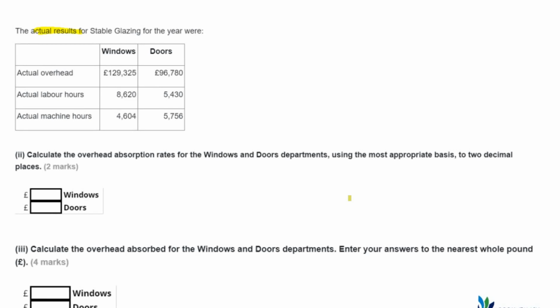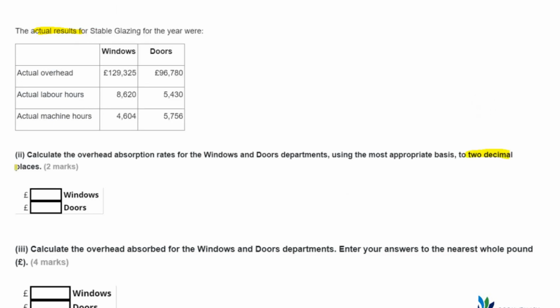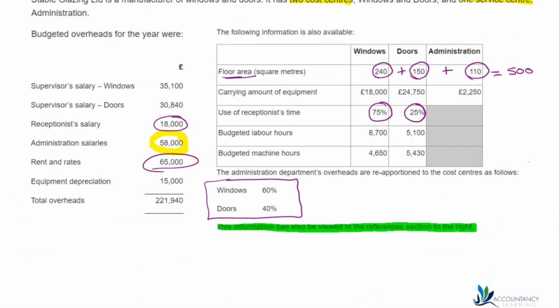So we are then asked to calculate the overhead absorption rates for the windows and doors department using the most appropriate basis to 2 decimal places. So we're looking at overhead absorption rates in this question. When you're looking at this, we need to use the most intensive. And that's really important. So if we look back up at the information that we are given here,